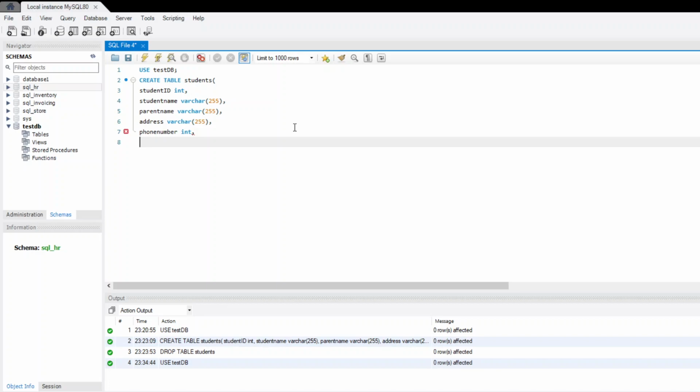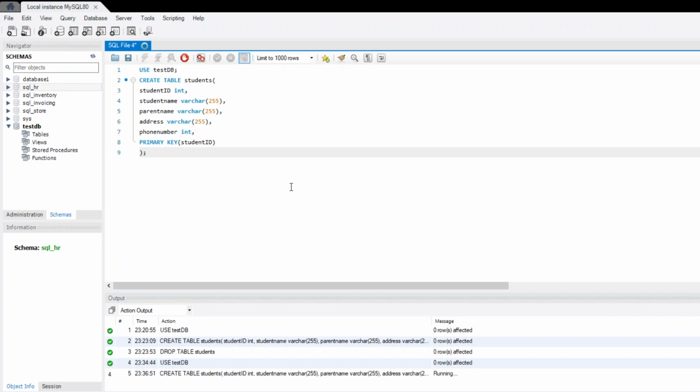Then we will define our primary key, which is student id. Then we will put closing brace, then put the semicolon to terminate the query, and then just run it by simply pressing control plus enter.